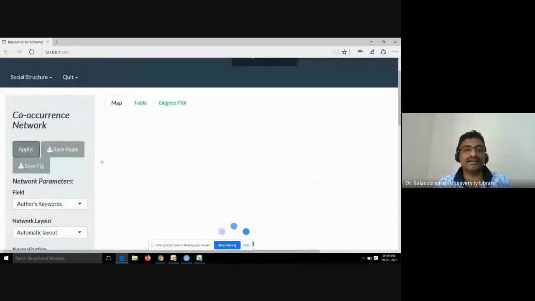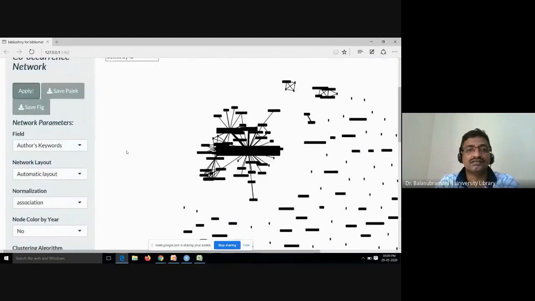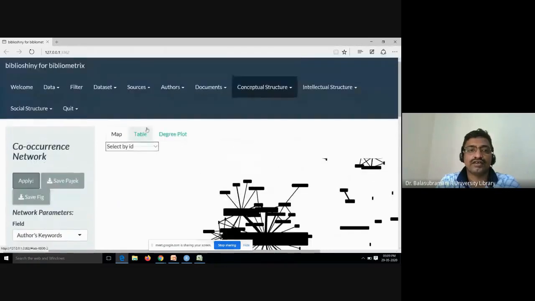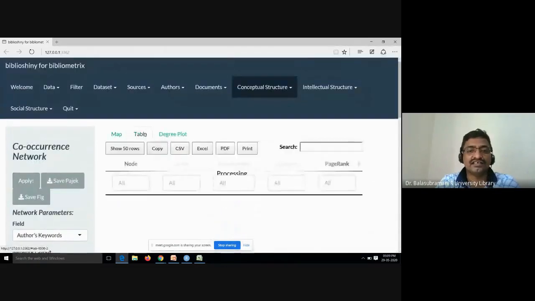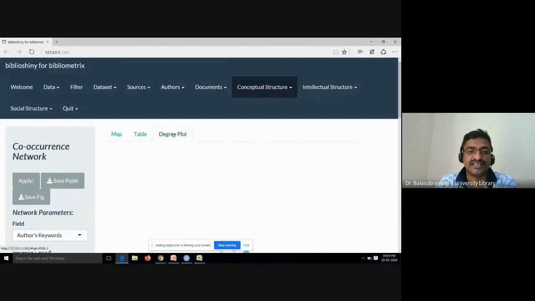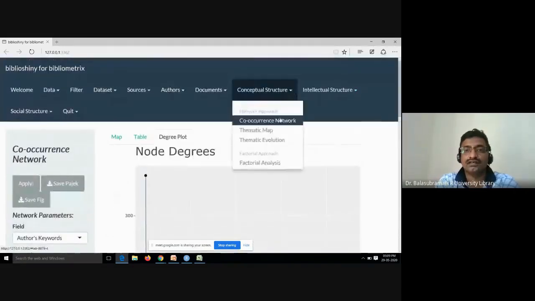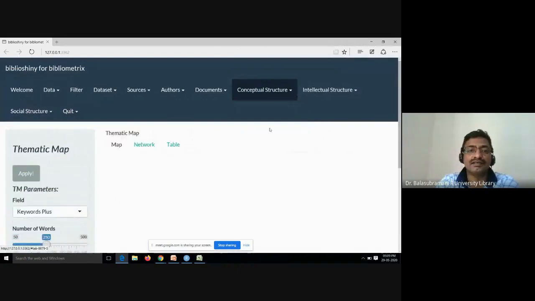Then you can click apply. Then you can see the result here. You can see table-wise, then degree plot-wise. Then thematic map.